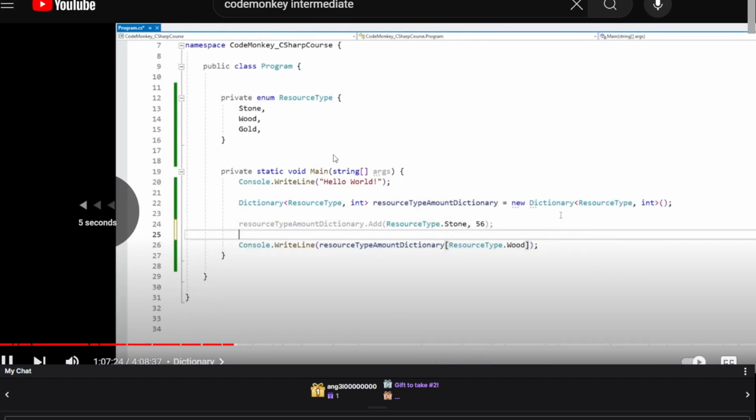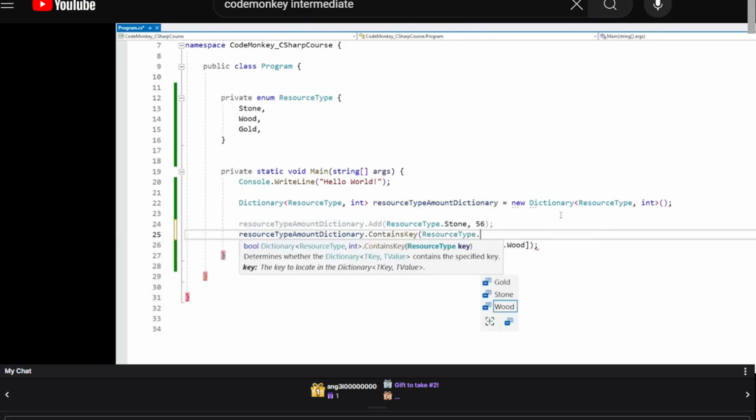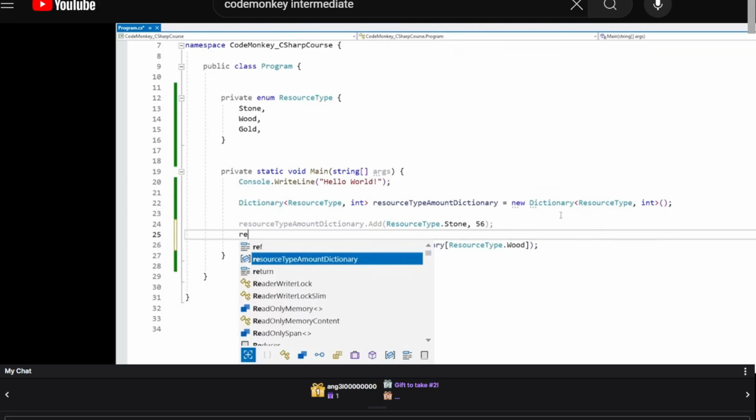Then just check to see if it contains that key. So access the dictionary and call contains key, then pass in the key. So this will return true or false if this key exists inside the dictionary or not. That's one approach, and the other one